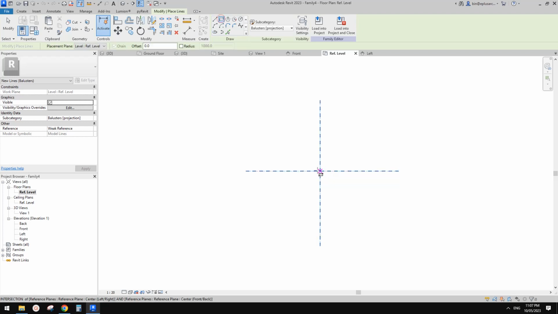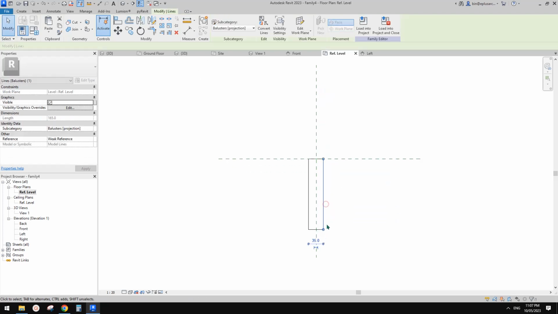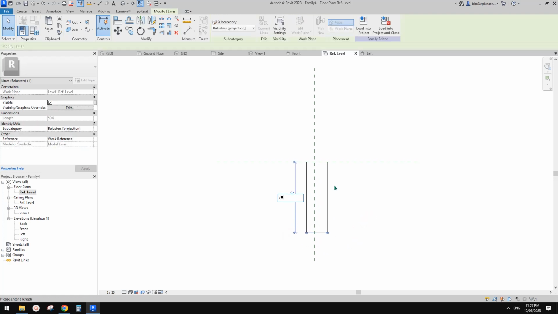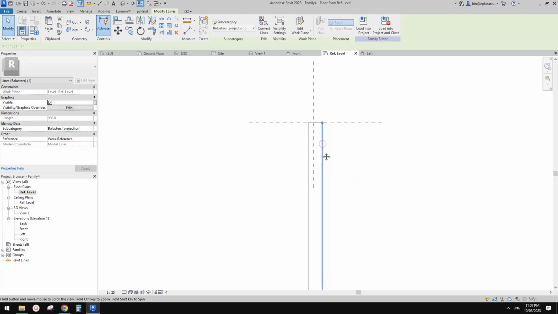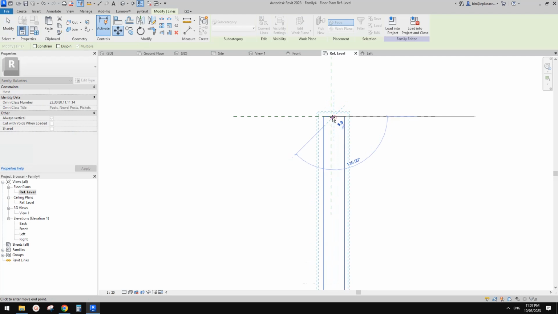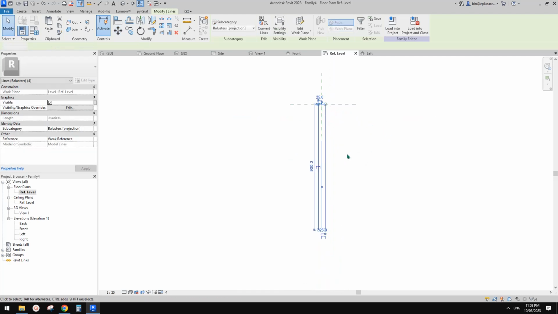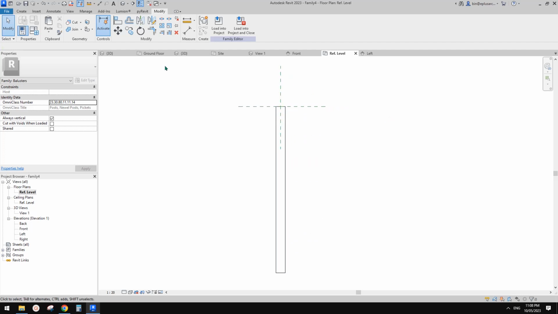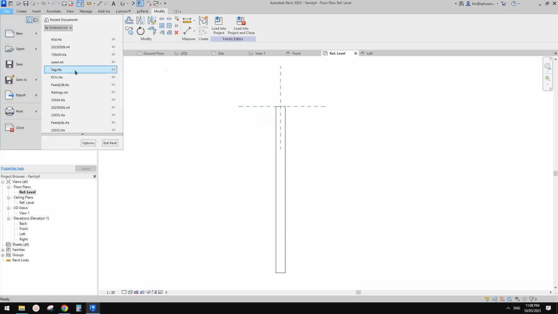It'll be 900 by 50, right? So it will be 50 and 900. Should we just, yeah, I'm not sure. Maybe I'll just place it here like this, because when we place a railing it will be roughly like this, but we can still offset it. So okay, so that's the profile of, oh hang on,